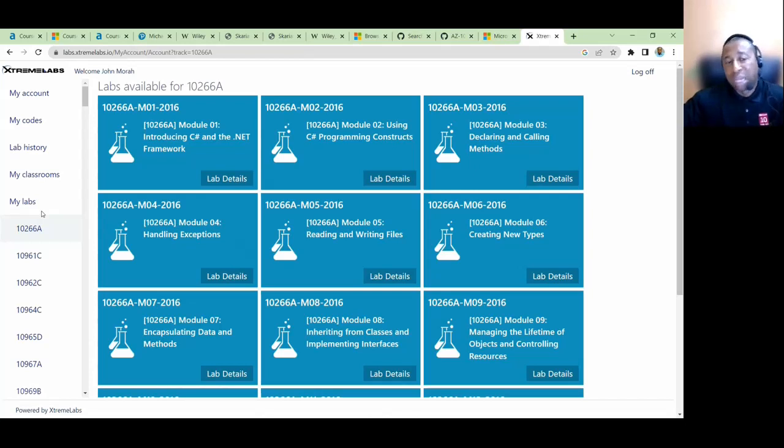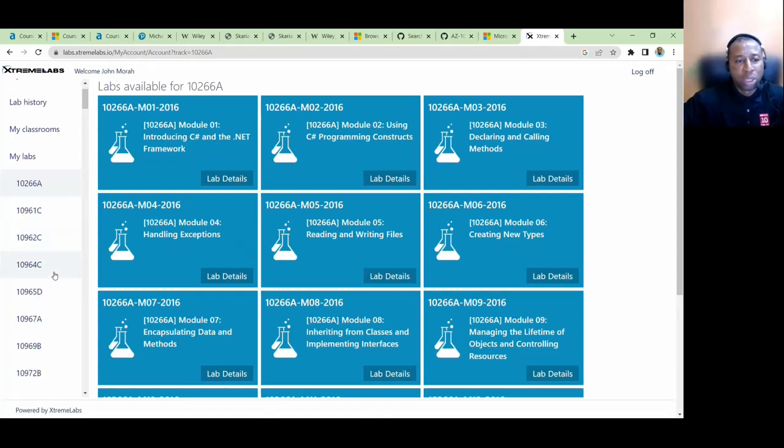In case you want to practice, you can get in touch with them privately, and the labs are available. For example, this is 10961. Officially, Microsoft has retired this course. These are courses on on-premises server technologies that have been retired by Microsoft, so you won't see them on the MOC part. But the lab hosters still provide them for us to use.